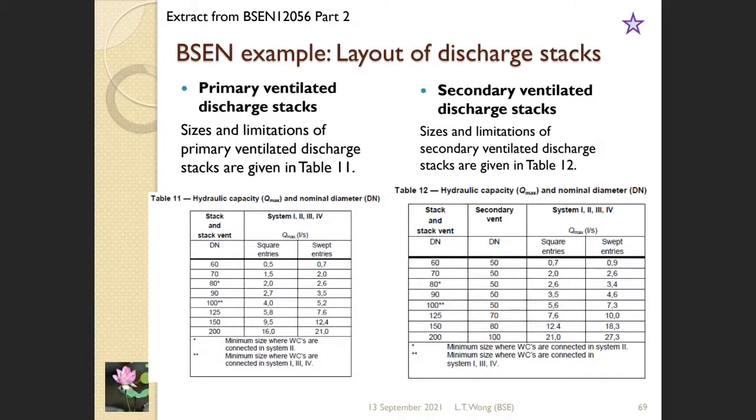Okay, the British standard, how this will be handled. Additional information. Now for the general stack capacity, for a single stack, we have an equation. The Institute of Plumbing Design Guide gives us additional information about the ventilation condition. In the British standard, apart from the ventilation condition, it gives us some more information about the square